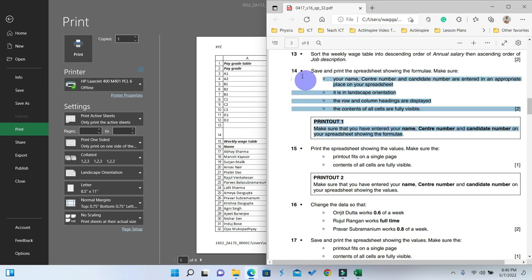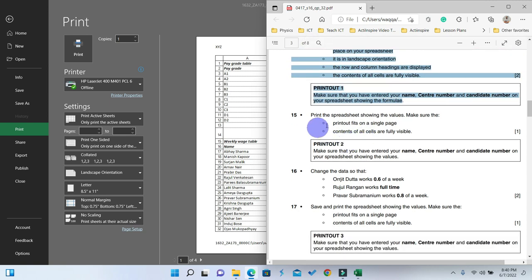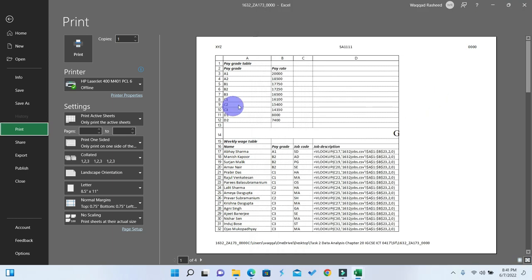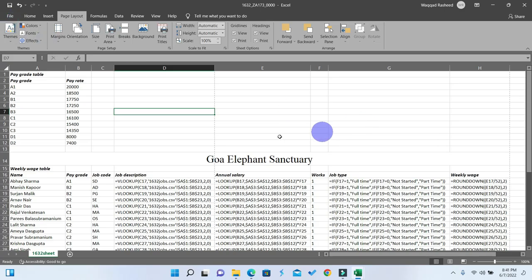So you have to take print of this. Now they are saying print the spreadsheet showing the values. Make sure print fits on single page. Contents of the cells are fully visible. But they did not ask either portrait or landscape, but they said that the print fits in on a single page. So for that reason, first of all, they are asking, this time they're not asking about formula, they are